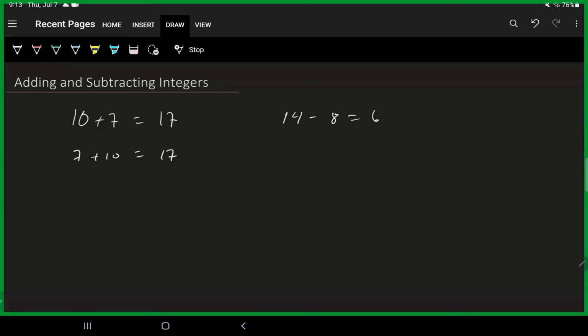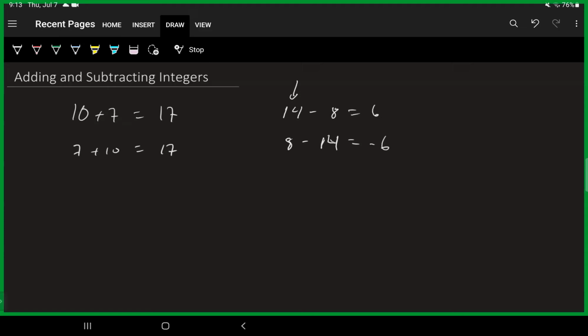However, 8 minus 14, when we were in elementary school first learning about this, they said you can't do that because the bigger number had to come first. It didn't make sense taking something bigger from something smaller. But later on, we learned that we can work with signed numbers, and you might remember that you get -6 as an answer. What we're going to do is talk about a methodical way of making sure that we can get there every single time without just remembering or using a calculator.